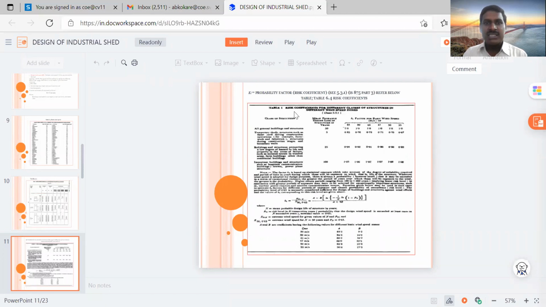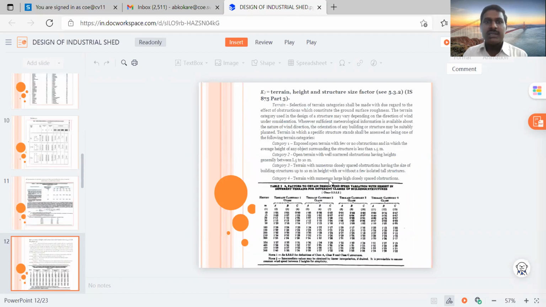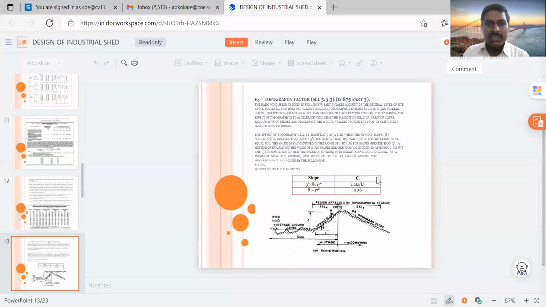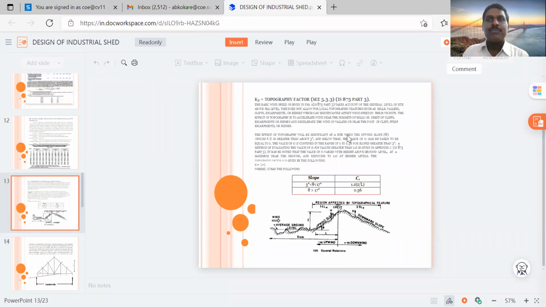Again here factors are given. Permeability factor K1 is given again in the IS code. Then K2 is the terrain factor. This terrain factor we have to take by considering categories 1, 2, 3 and 4. While designing this industrial shed, we have to use IS 875 part 3 for the wind load calculation, and by using this you can take the particular K1, K2, K3 factors and calculate the design wind speed. Then by using the design wind speed, you can calculate the